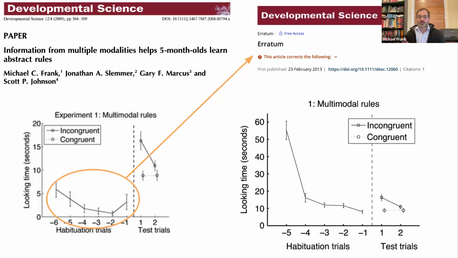But this is what the eventual figure was supposed to look like. It was supposed to have a real robust habituation curve and then dishabituation, not this odd, improperly scaled set of values in the left-hand panel. So this is probably not the last error that I will make. I'm sure I've made others,